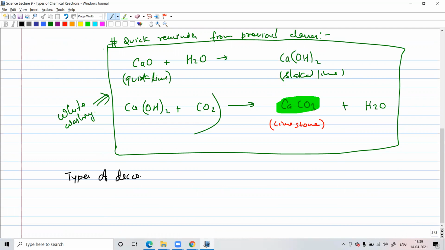Types of decomposition. Okay, my handwriting today is a little off. Types of decomposition reaction. So the first one is called